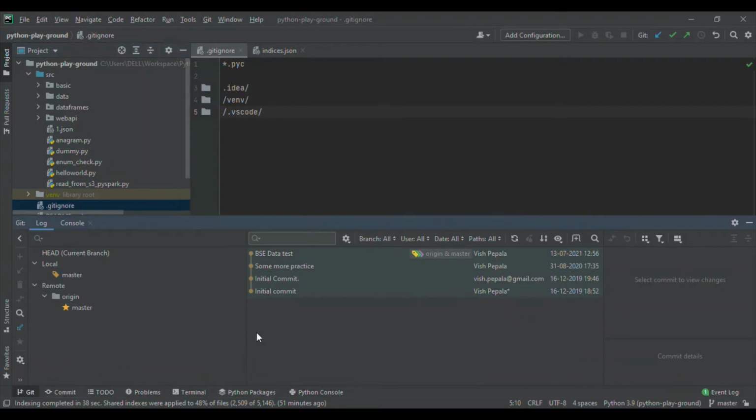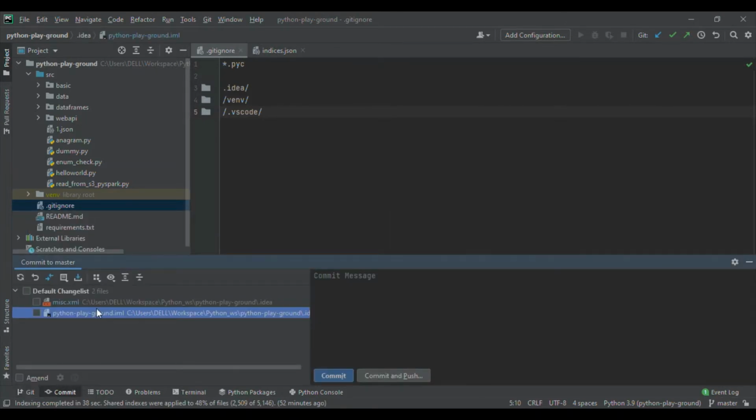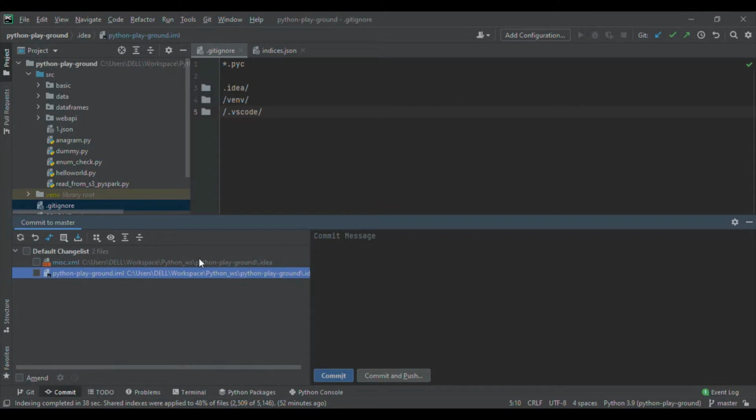Okay, in older versions of PyCharm, you will be seeing a tools option here with version control, but in the new version of PyCharm it has been split into multiple ones. One is Git, and we can look at the Git log and Git console, and we can see commits, which will show you what are all the recent files you have changed. And in the top right corner, you can see a down arrow, tick mark, and up arrow buttons.